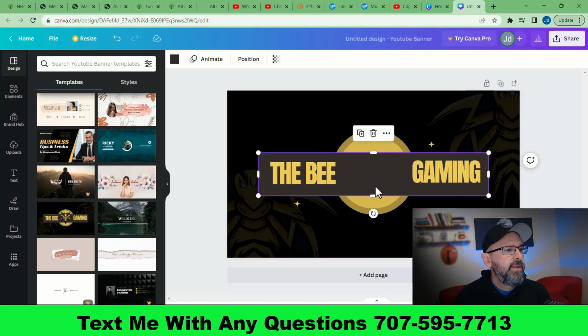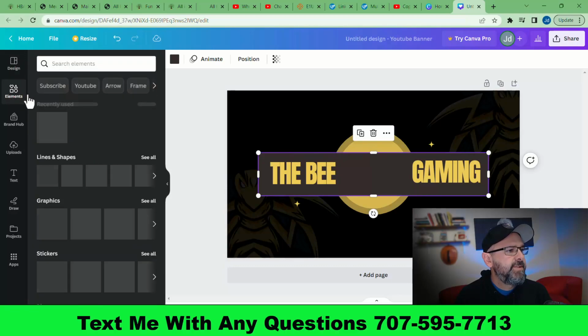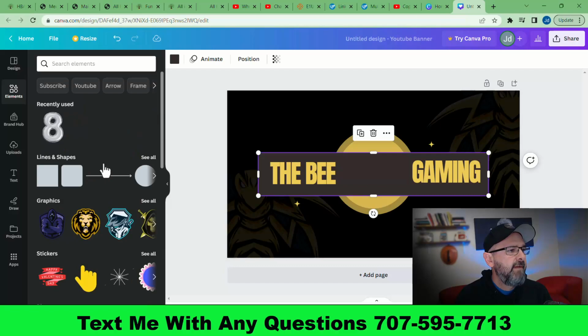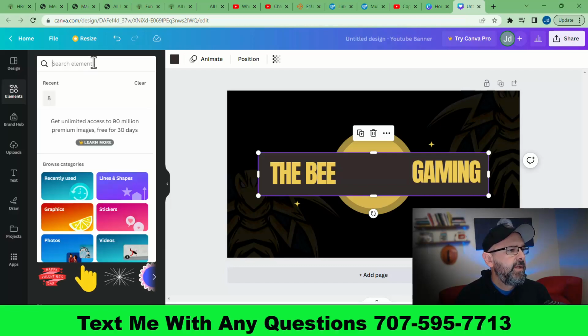So click on here. You can definitely change around all of the details, the words, the coloring. You can take this out, you can delete it, you can take this circle out, you can just have a black screen, you can change the color of the screen. You can come over here to elements, and if you want to put in, like a lot of YouTube channels you will see have, which might be good for this one actually.